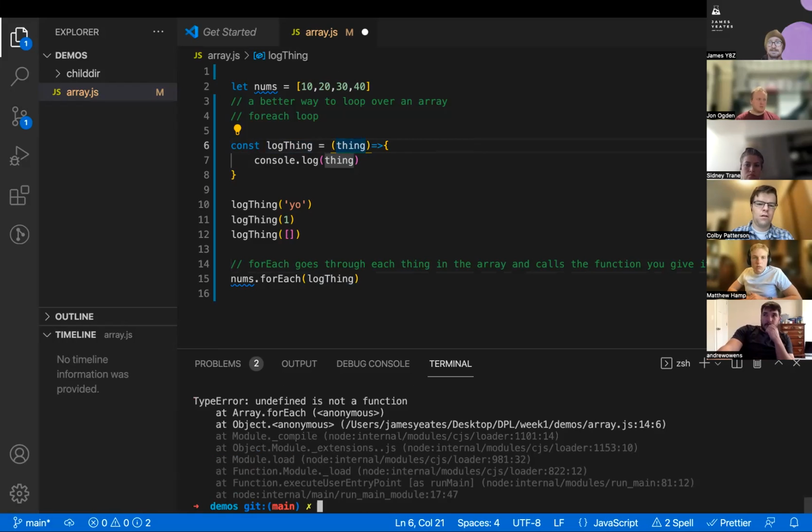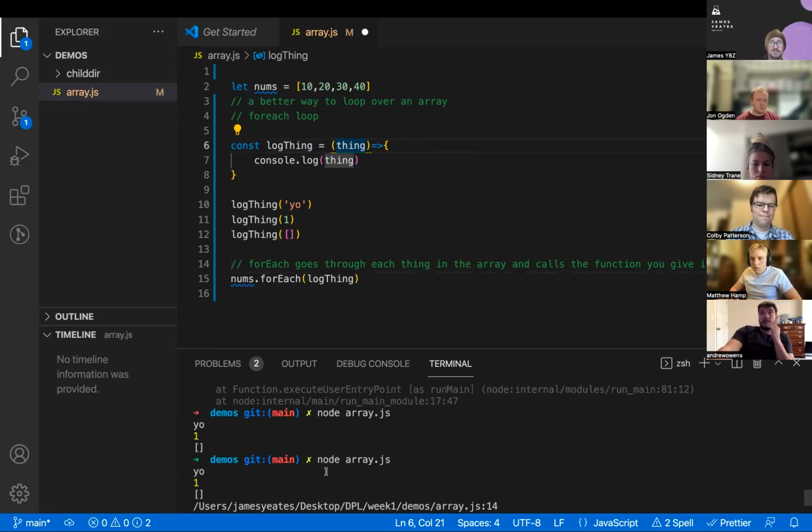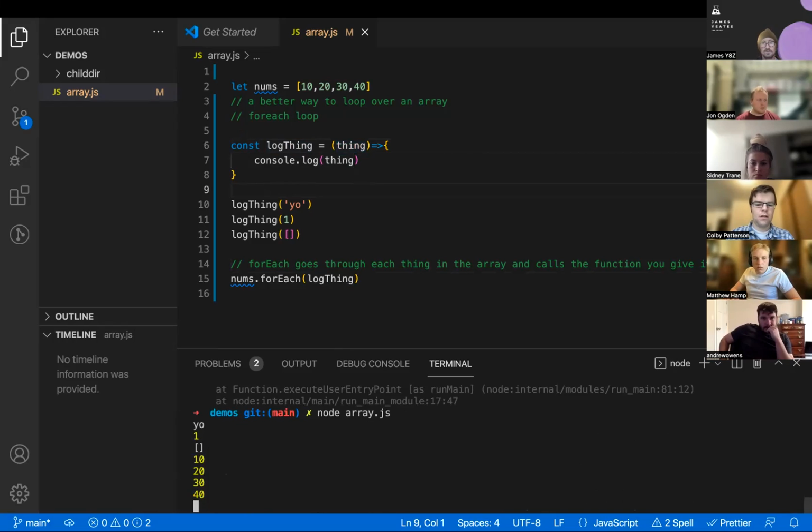So let's run this. Undefined is not a function. I think you just need to save real quick. I haven't saved, that is true. And there we go, 10, 20, 30, 40. This, I think this is something that